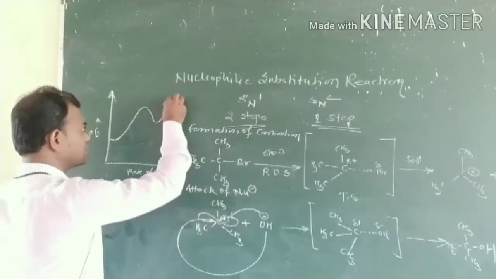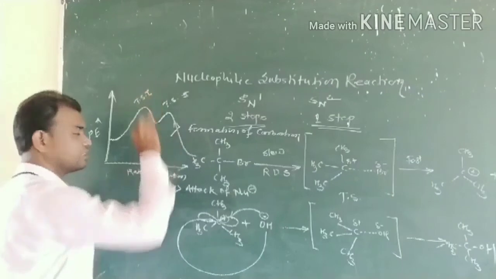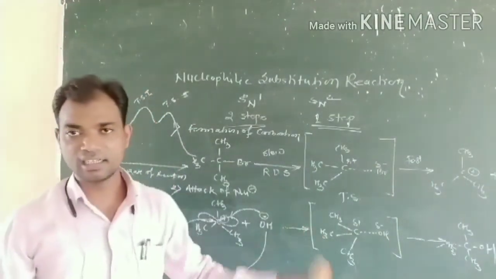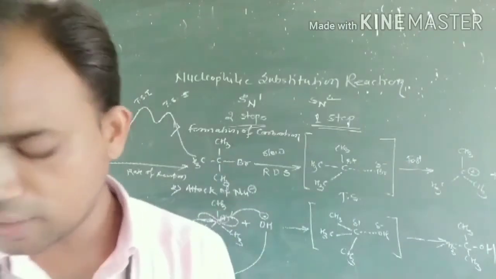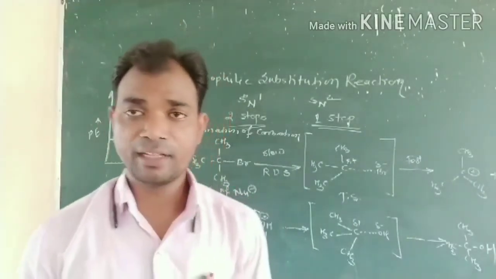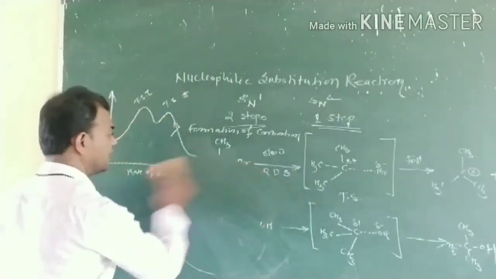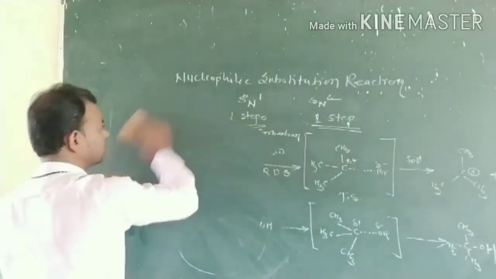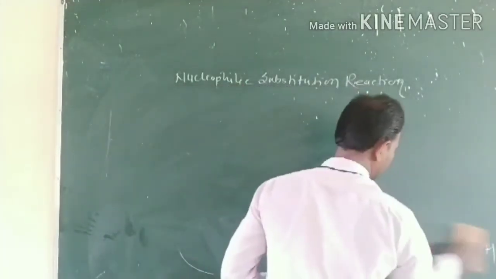It is transition state first, second. Are you got it? That is the energy profile diagram. Okay, now we discuss the second point, that is SN2 type of reaction mechanism. SN2 type of reaction mechanism is a one step type of reaction mechanism in which